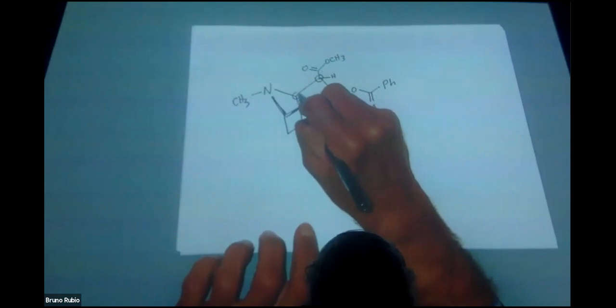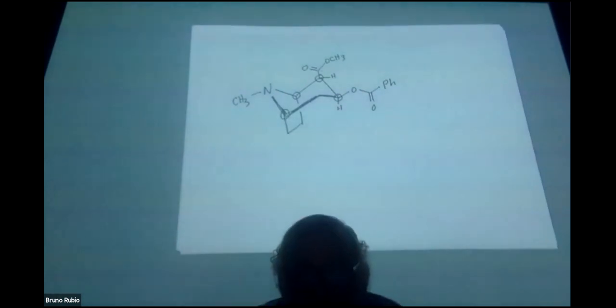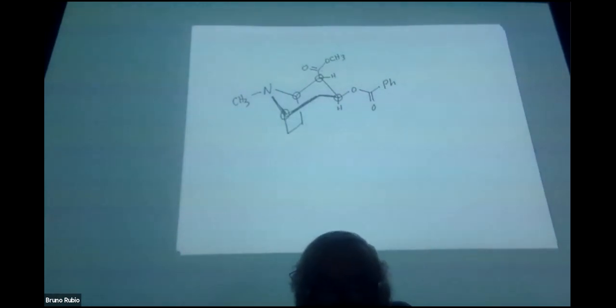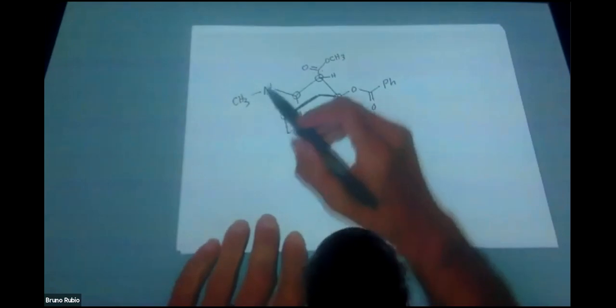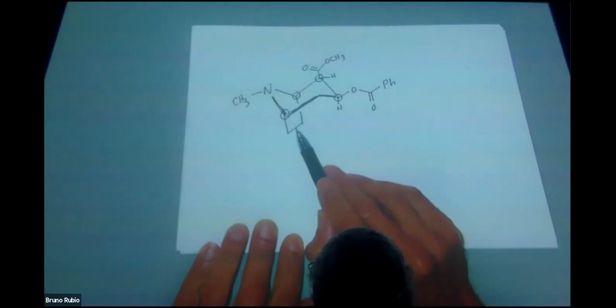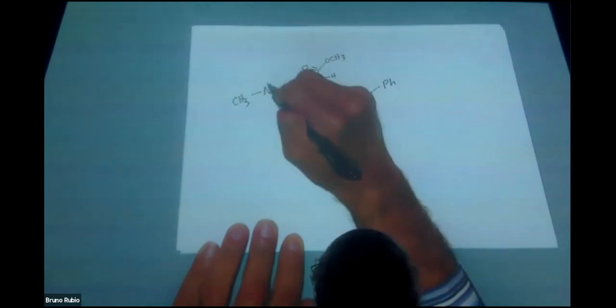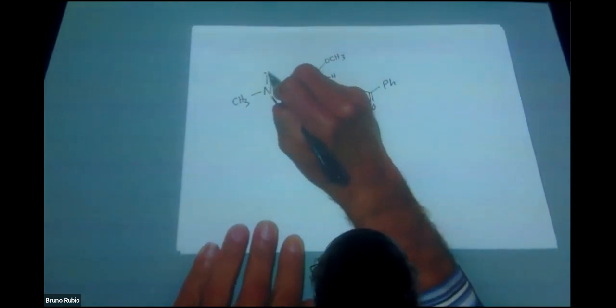Here's a chirality center as well. Here's another chirality center here. Okay, so that's 4 down. Where's the 5th and final chirality center? Tell me in the chat. Where's the 5th and final chirality center? It's the nitrogen atom. He's bonded to 4 non-equivalent groups. He's bonded to a methyl group. He's bonded to the front of this molecule, which is totally different from the back of the molecule. And what is the 4th and final group here? His electron pair,